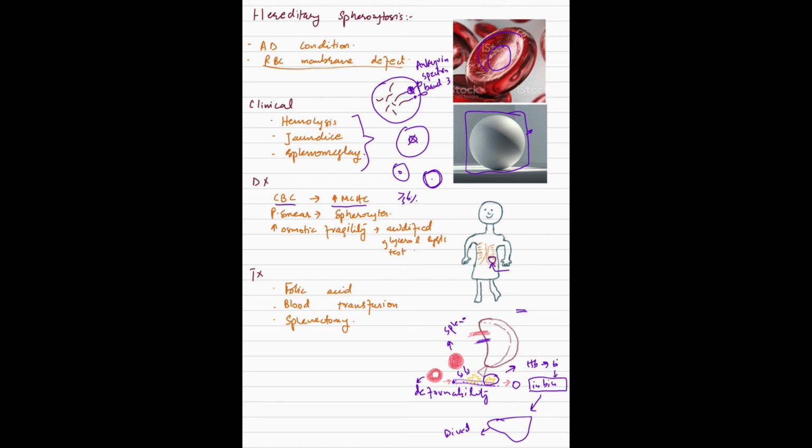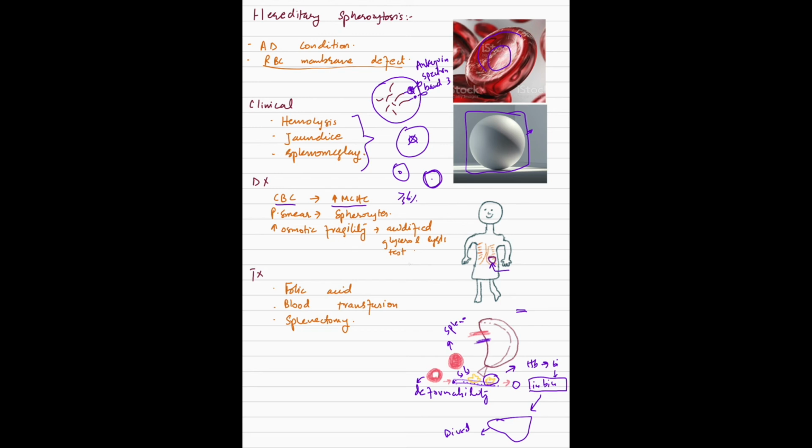Then on peripheral smear, you will see spherocytes. There is one other condition that can also present on a peripheral smear with spherocytes, and that is autoimmune hemolytic anemia. How do you rule that one out? You're going to do a Coombs test. If that is positive, it means that it is most likely autoimmune hemolytic anemia. And then another test that you can do is